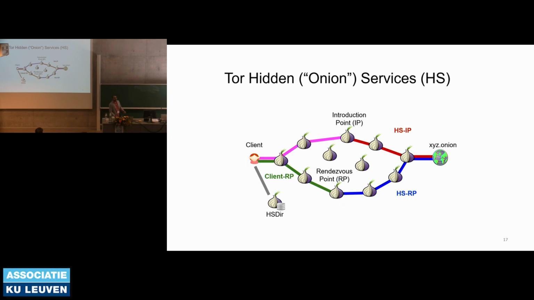Yes, the directory can be malicious. You have to trust the hidden service directory. Right now, Tor has, I think, 8 such servers, and they claim that as long as multiple of them are honest, so not all of them are compromised, you have a consistent version of the directory. But all of them are probably managed by the Tor developers, and that means it becomes a single point of failure.